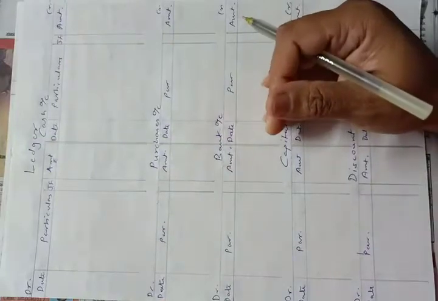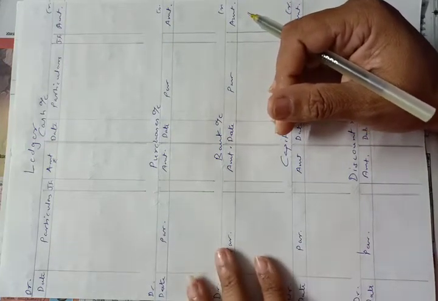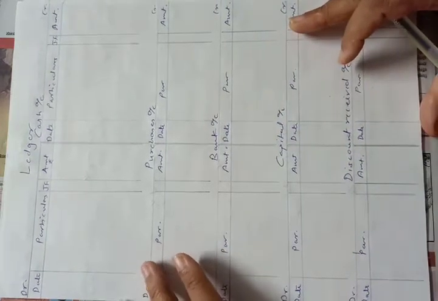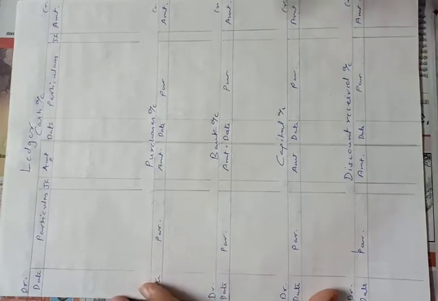So now let's post the journal entries into the ledger accounts. Okay, so let's start. First entry, cash account debit, purchases account debit, bank account debit to capital account. So now we have to make the posting of this combined entry. The meaning of this entry is cash account debit 60,000 to capital account 60,000. This combined entry is the addition of three entries.